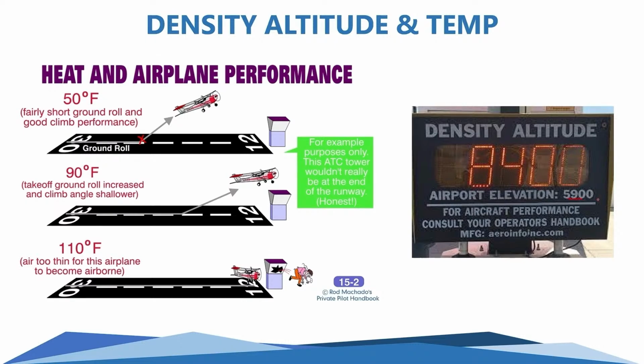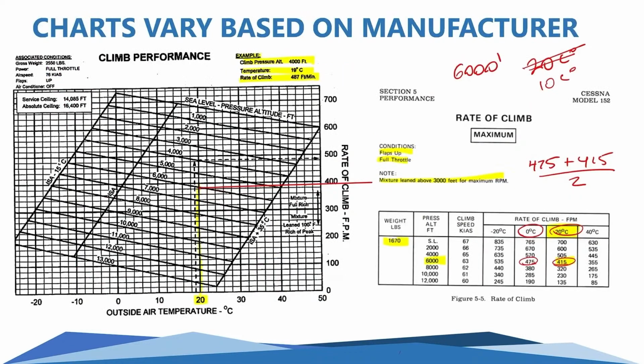We can see here that on a standard day, the airport elevation is always 5,900 feet, but because of the temperature and other conditions, the density altitude for that day is 8,400 feet. So your airplane is basically going to be performing as if it's already at 8,400 feet. It's very wise of you to check your climb performance, and you can clearly see that it's going to be degraded. If we looked at the rate of climb that we looked at earlier,